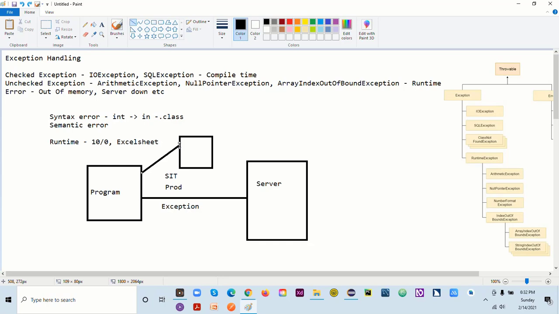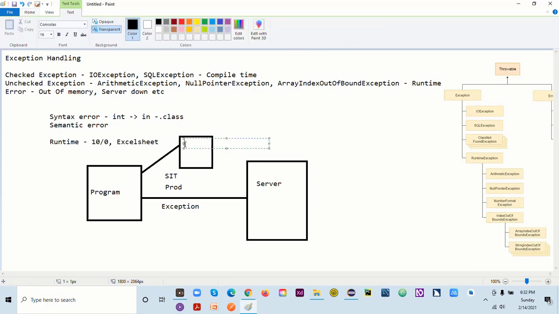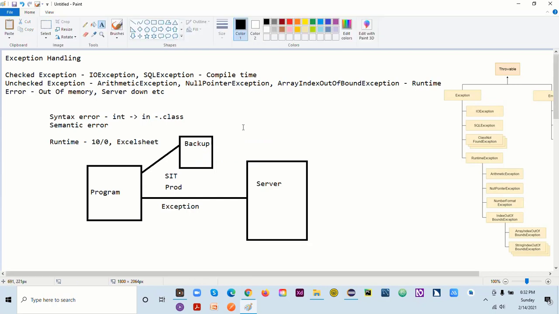So if you cannot connect with your server, you can connect with the backup, and this is what we do in exception handling as well. In case your server is down, this is the backup, and you can connect with this.